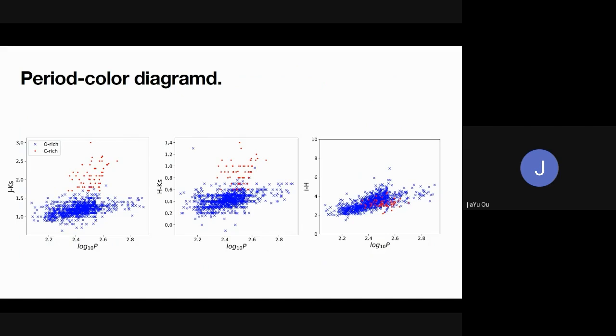We can easily see in the J minus K, the oxygen and the carbon rich are different groups, and the H minus K is a little bit mixed, and in J minus H, carbon rich and oxygen rich are mixed into one group, and we can see if we only have period and J minus K, we can easily divide whether it is oxygen or carbon rich. And next,